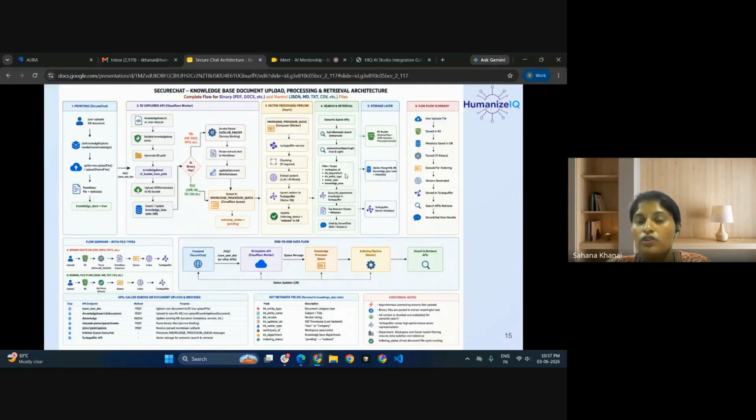So it is going to search the specific knowledge base with the owner type, whether that specific knowledge base is user based or company based. If it is not shared with everyone, then it will be user. If it is shared across the company, then it will be the company owner type.